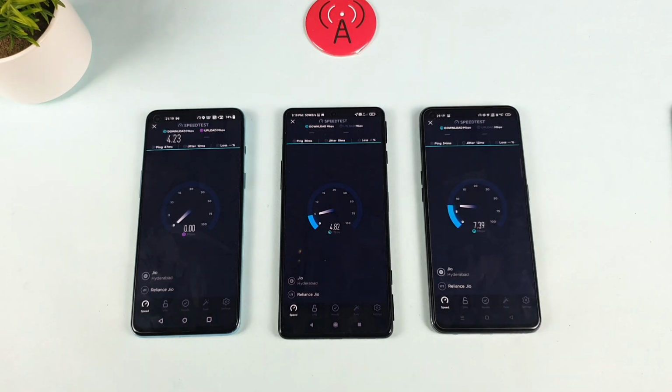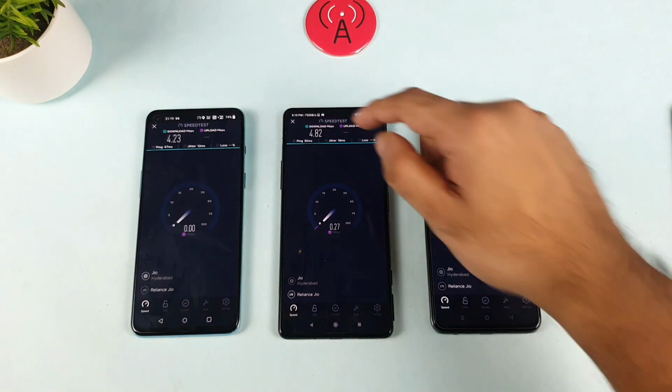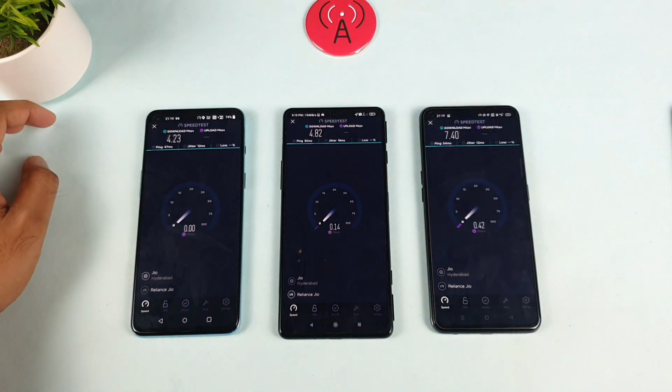As you can see, friends, the speeds are not bad. So 7.7 Mbps, 4.82 Mbps and 4.23 Mbps in the OnePlus Nord 2. Not bad. But in the upload speeds,